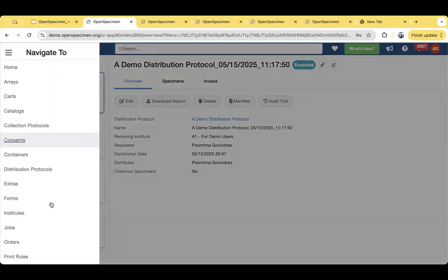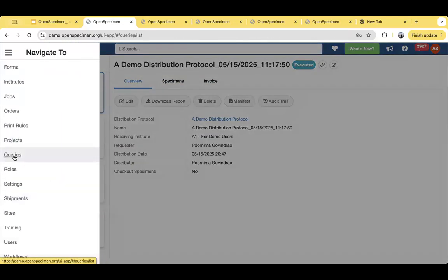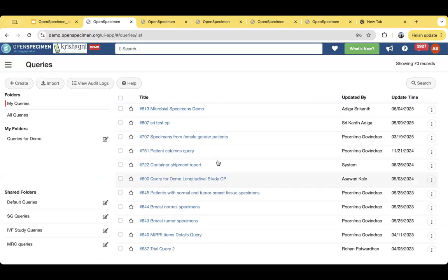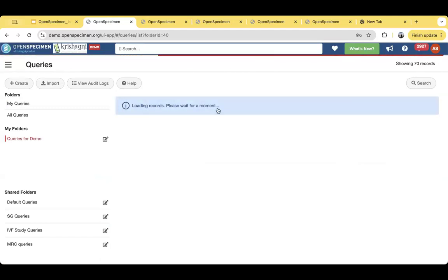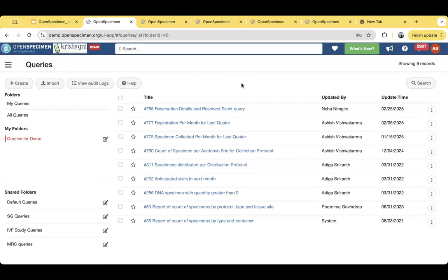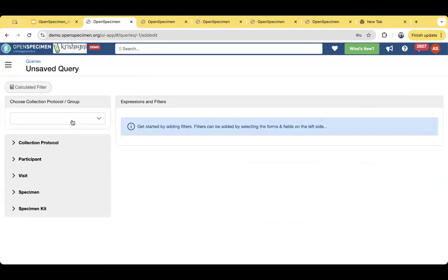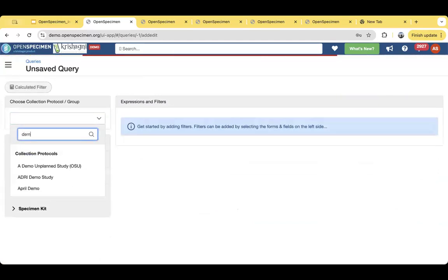So lastly, I'll come to the reporting module. As I was saying earlier, the reporting module is one of the most powerful aspects of OpenSpecimen, where any end user, any biobank user without any IT skills can do their own reporting. It is as simple as going into the reporting page,